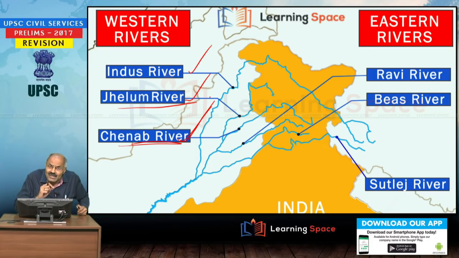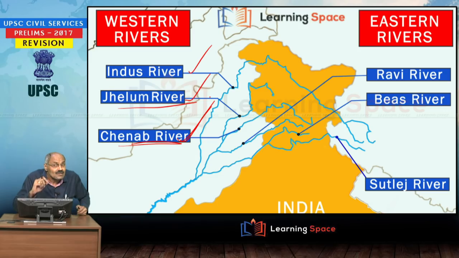And another important aspect is, after the discussion on Indus water treaty last year, another project which came to the forefront is Ullar barrage or Tulbul navigation project. So, please understand, Ullar barrage or Tulbul navigation project was shelved in the 1980s because of the objections from Pakistan, and now the government is trying to revive it. So, that is on Jhelum river. So, these things are very important because Indus water treaty was under discussion during 2016 because of the relations between India and Pakistan.